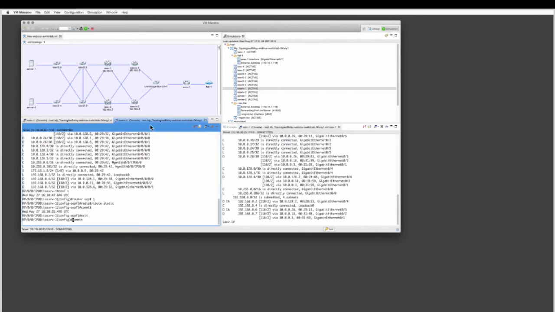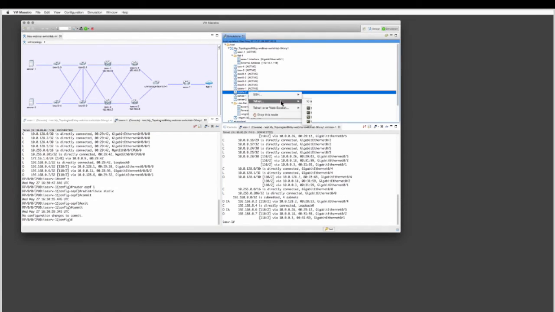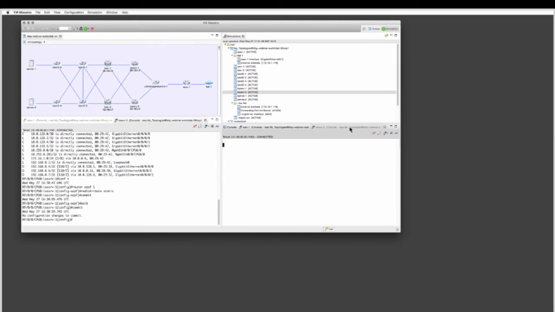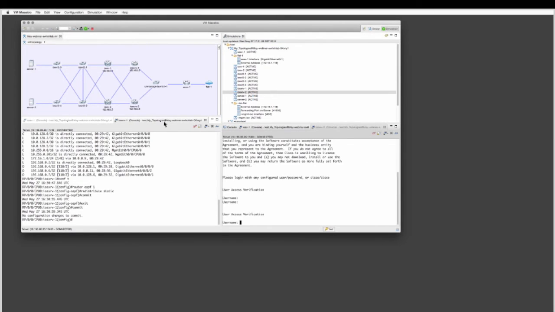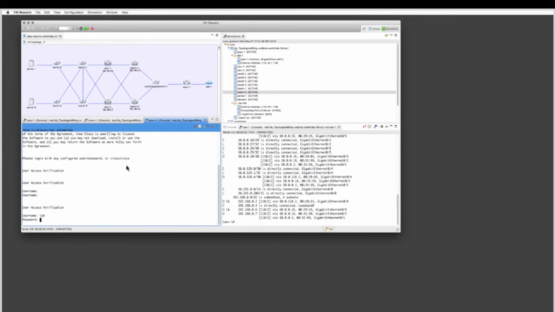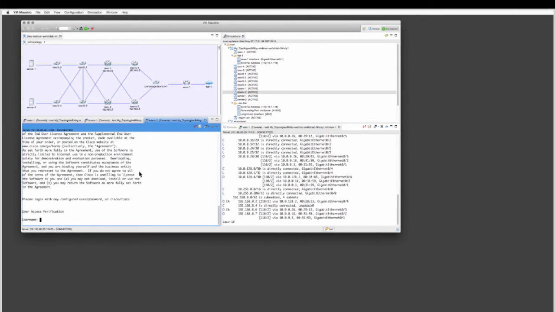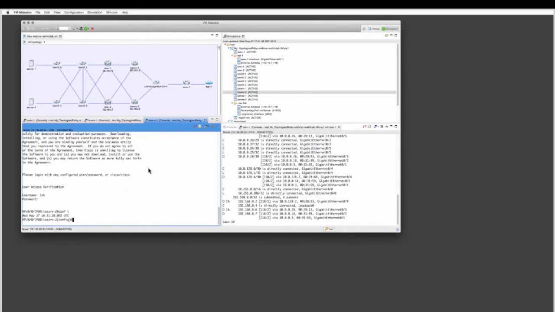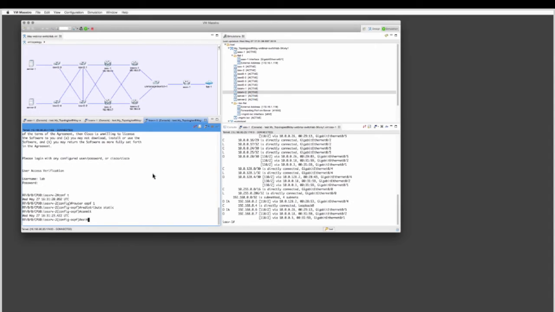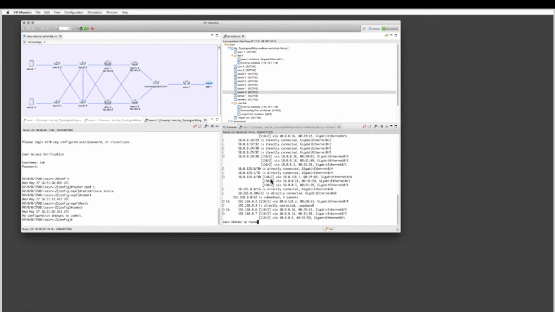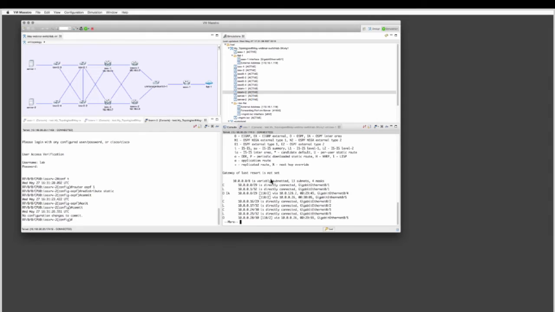Okay, and we're going to commit. We're going to do the same on the XRV2. Pop that up there. And again, conf t. That's better. Pop those entries in, redistribute. Okay, so with that now in place, if we take a look at the routing table, we should see,